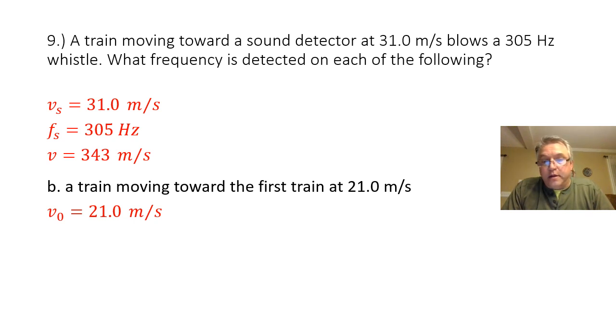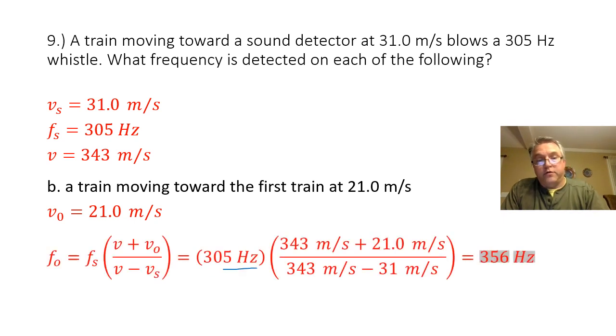And when I put that into my Doppler formula, I have 305 hertz is my frequency of the source still. Sound wave is still traveling at 343 meters per second. My source is still moving at positive 31 meters per second, and my observer is now moving at positive 21 meters per second. And when I do that math out, I'm going to have 350